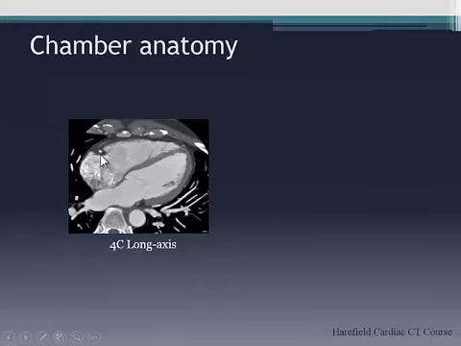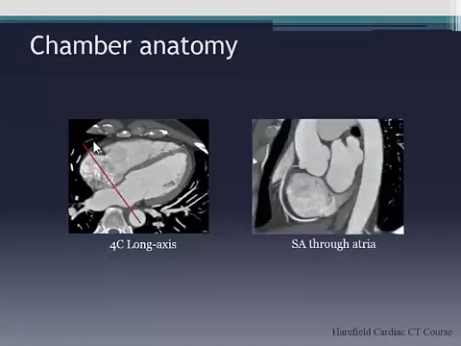And the reason why that's important is sometimes you can get caught out thinking, oh, is that big OM1 actually a circumflex? And you just revert back to that rule and it becomes really easy, especially if you're dealing with an occluded vessel. Okay, so here we're cutting through now, so we've effectively got the left ventricular short axis and we're